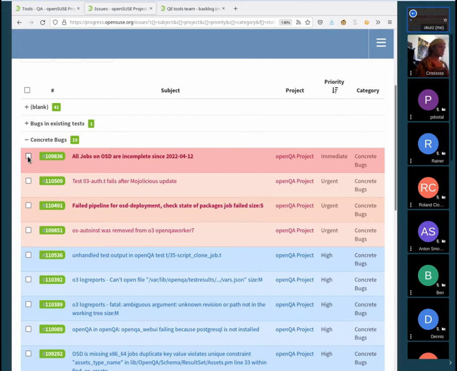And the root cause there was that within our Postgres database, we were running out of IDs for job modules recorded. So that was unforeseen, and the main reason was that there are certain kinds of tests that produce a lot of job modules in results. So we hit that limit much sooner than anticipated.